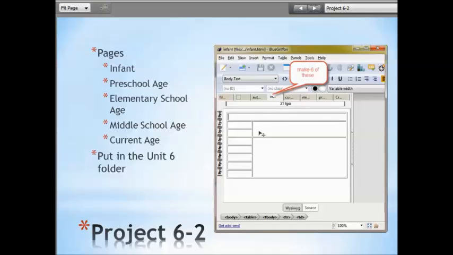Remember, all you're doing is you're making a table, and you're going to be making 6 copies of the table called infant, preschool, elementary, middle school, and current. You're going to zip them in the Unit 6 folder and submit it for